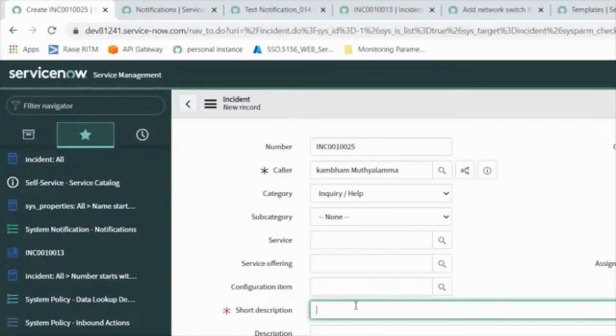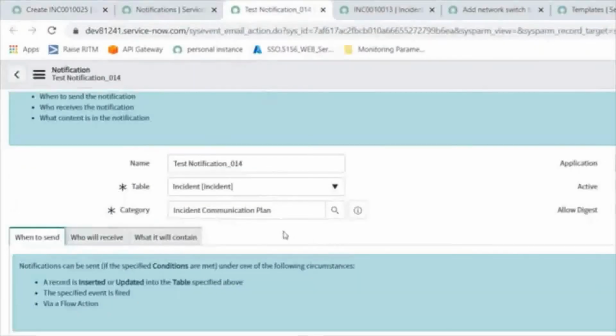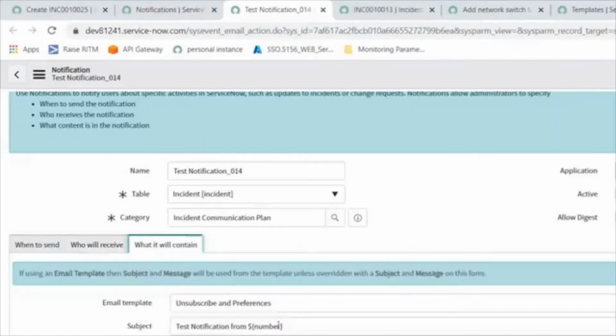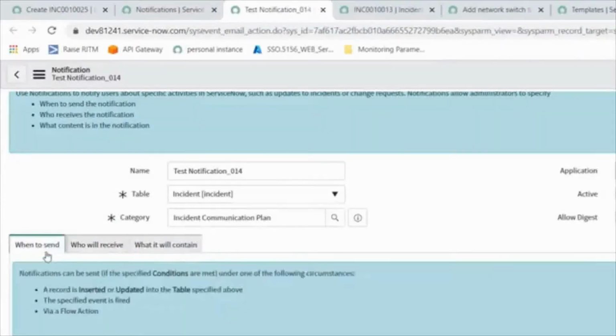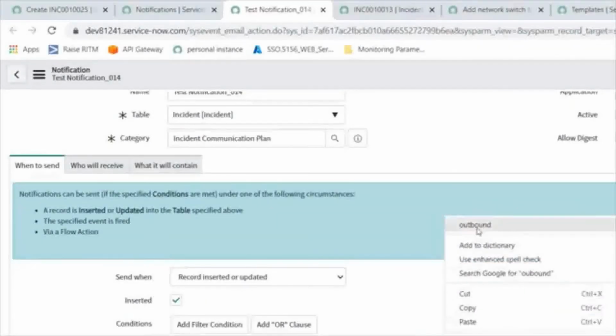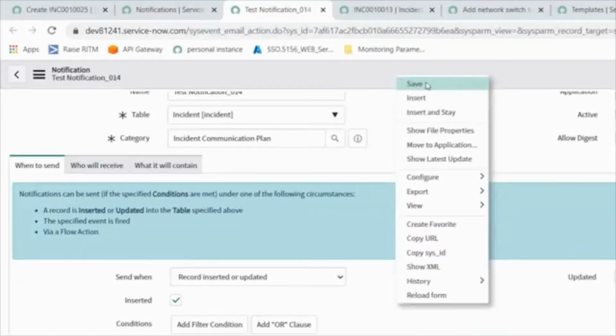Okay, for the short description, whatever short description I have given here, we have to give that one. Test 14, test outbound email_14. I'm changing that. Okay, let me save this one.